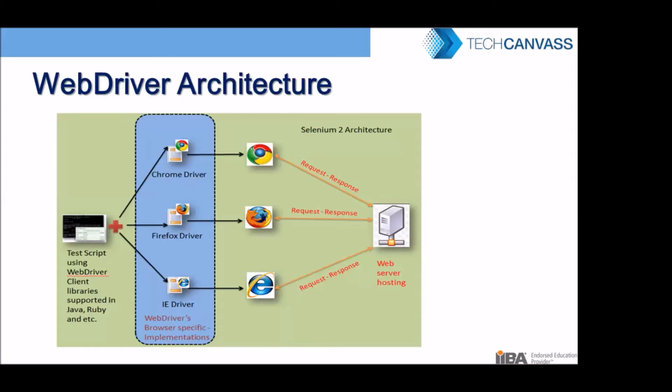Basically these three browsers are actively used in the market and IT industry, so we have kept only these three. We have to write the code for all three browsers. We have to run our application on any browser, so our code should be written in a manner that supports all three browsers. And it will send a request and get a response from the web server where Selenium is hosted. So basically this is the architecture.